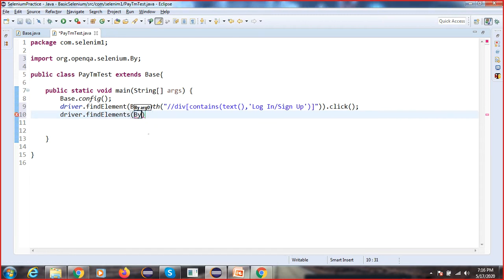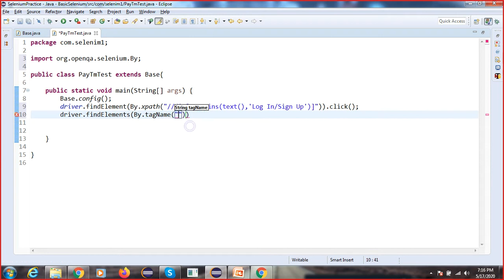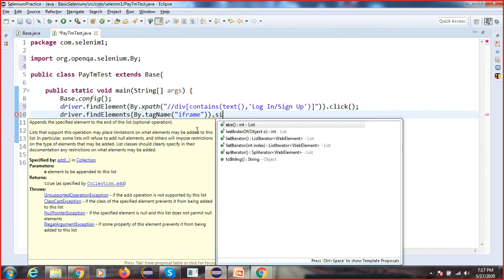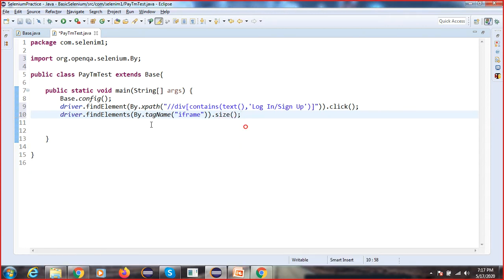Find elements by dot tag name. So what is the tag name of this frame? Iframe, right? Iframe. And we have a method called size method. You can see here size having the int and list. Got it, right? This is coming from list, and the return type is integer type.